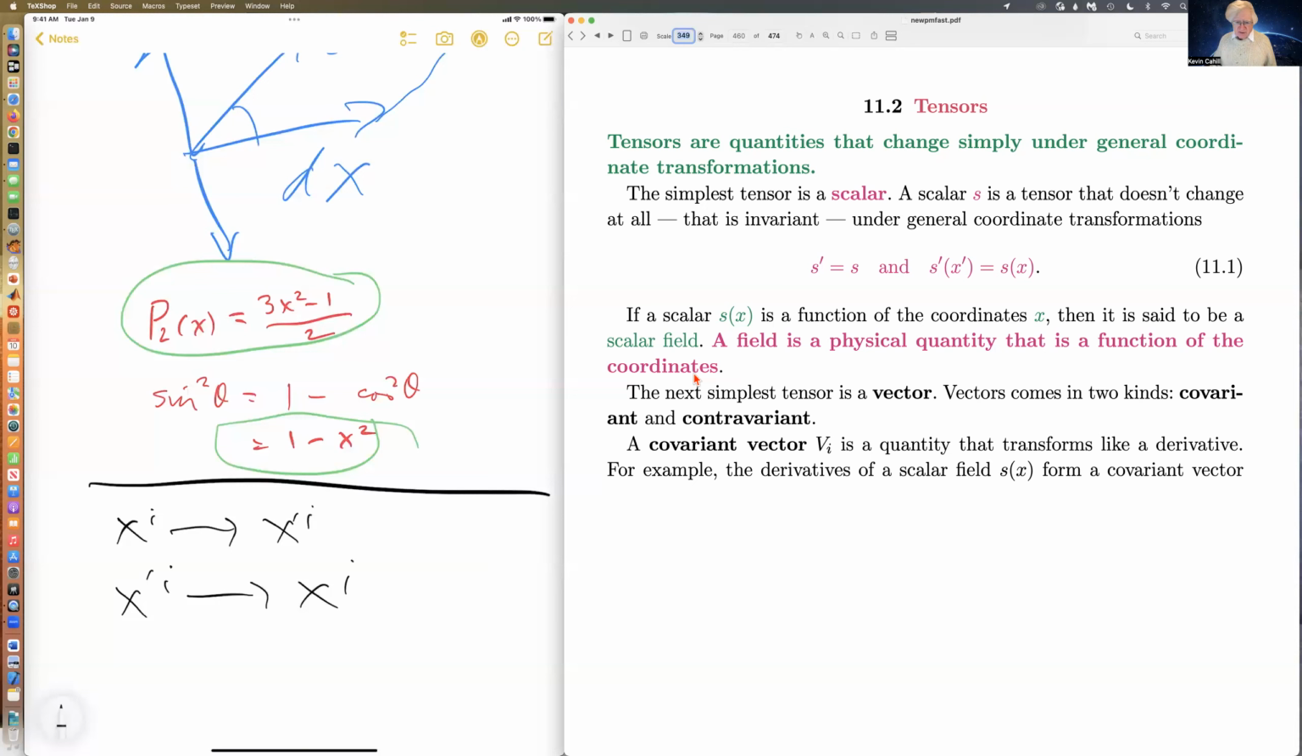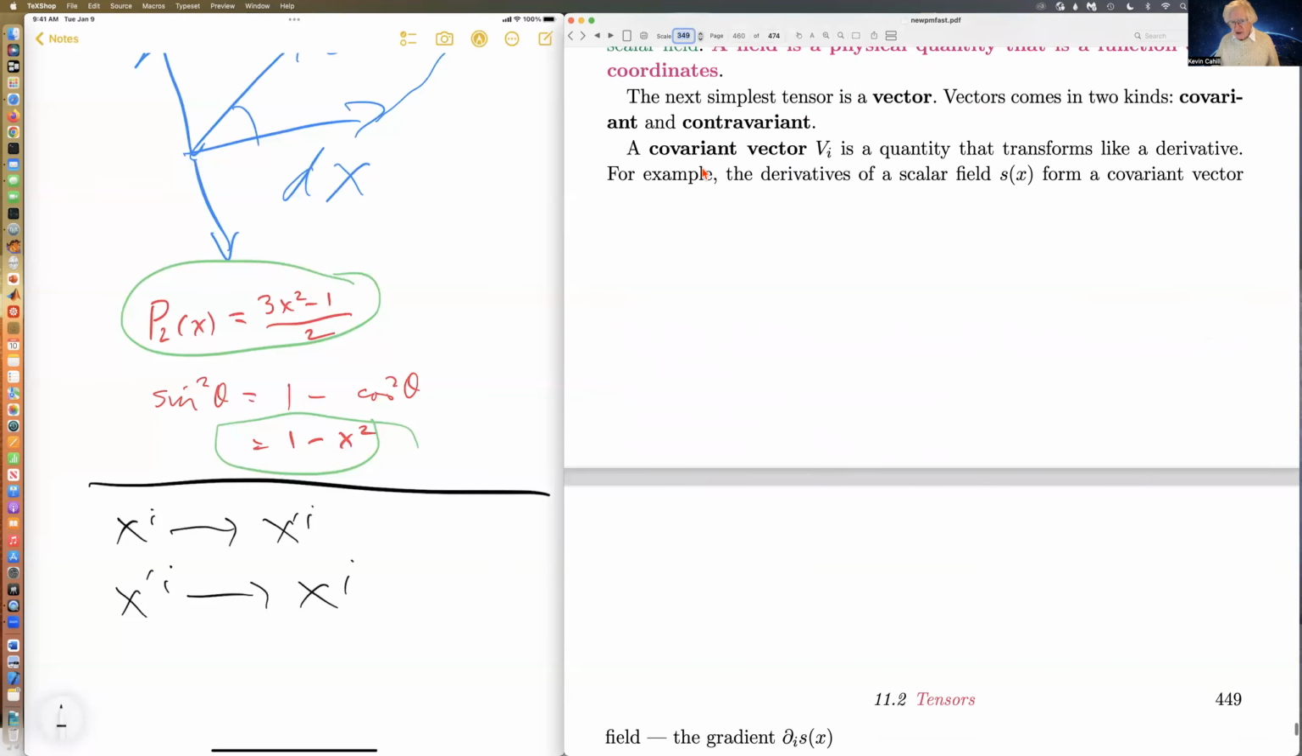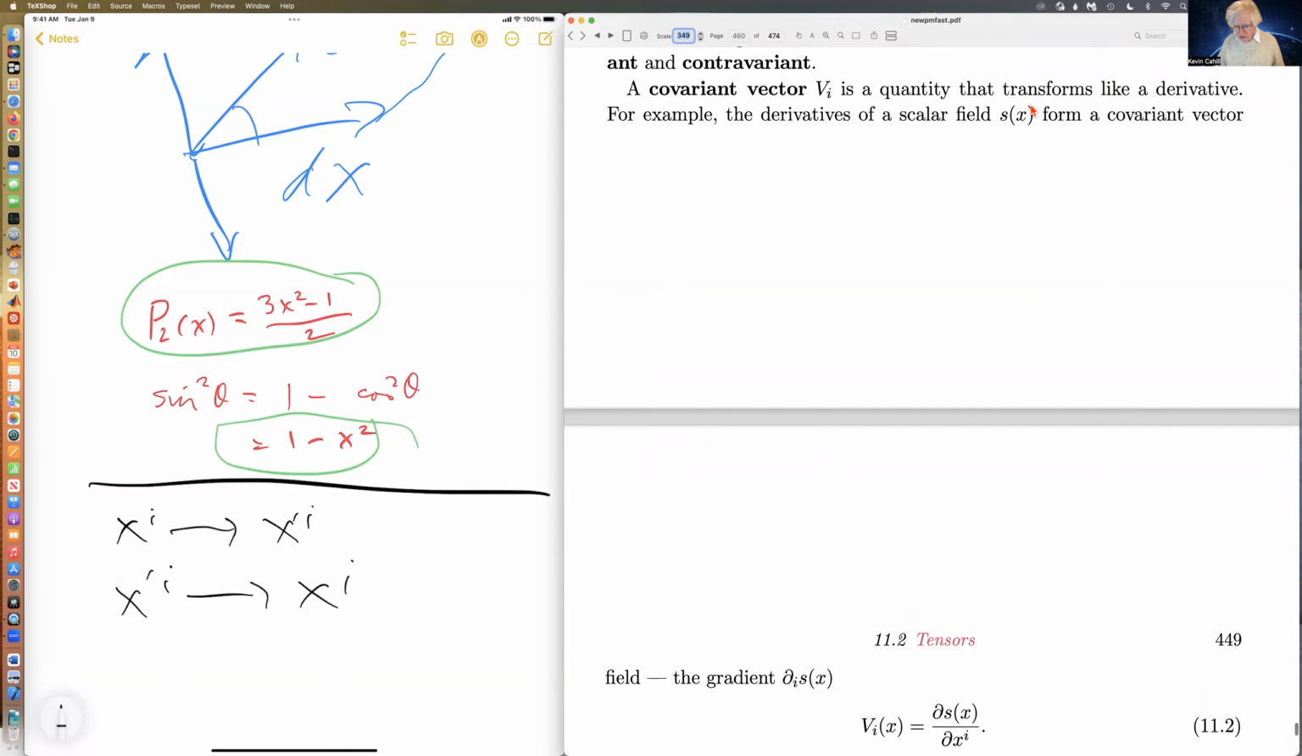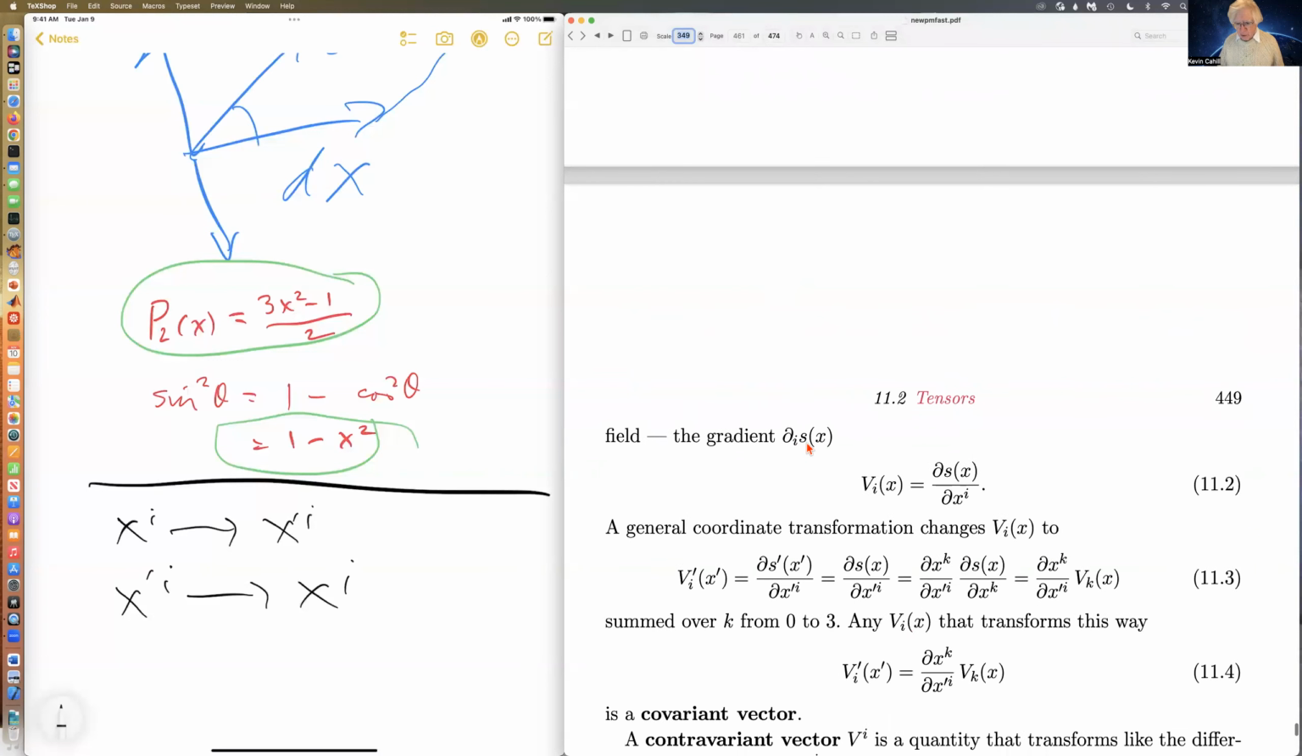The next simplest tensor is a vector. And vectors come in 2 kinds, covariant and contravariant. A covariant vector is a quantity that transforms like a derivative. And in particular, the derivatives of a scalar field form a covariant vector. And this is what we call the gradient of the scalar. So this thing, v sub i of x, is the partial of the scalar field, because it depends on x, with respect to xi, and this is then